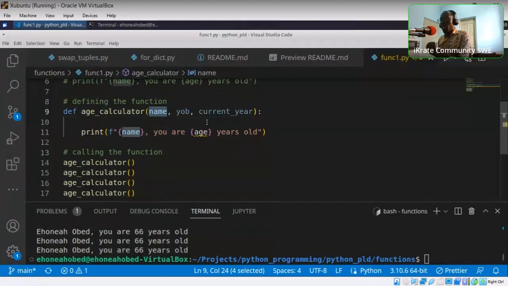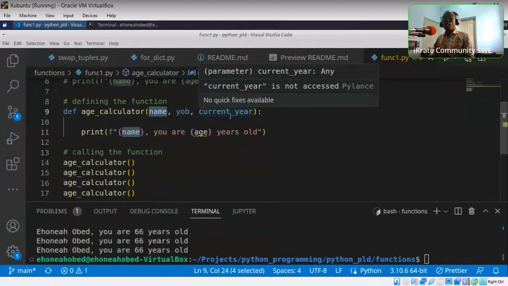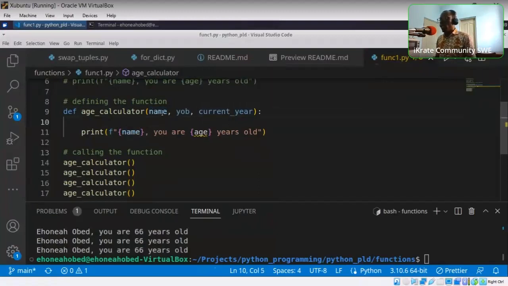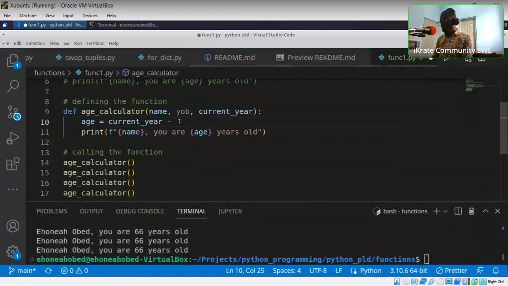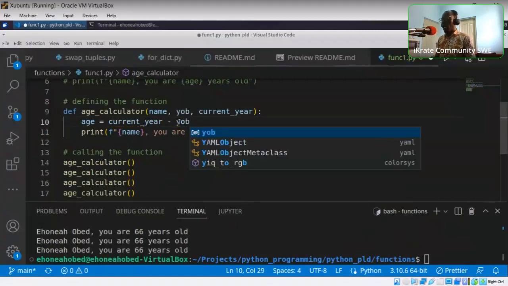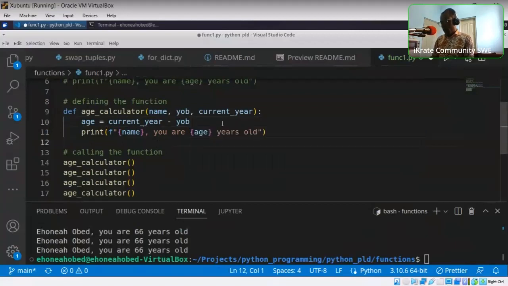Give it this ingredient before it's able to do the work you want it to do. Then after you have given it, inside here, what do we want to use it for? In the same here, we are using the name, so we don't need to worry about it. Age is underlined here because currently nothing points to age. But you remember that we are supposed to calculate for age. Age is equal to what? The current year. So what we are saying right now is that the current year that the person gives you, subtract the person's year of birth from the current year, and that gives you the age of the person. So as simple as this, we have created a work